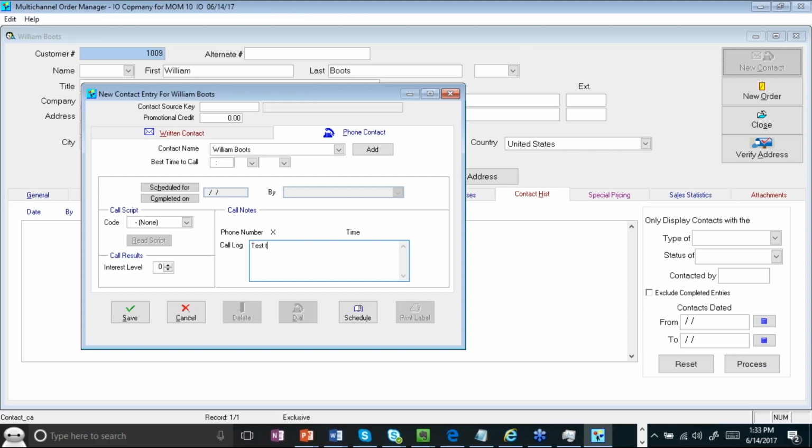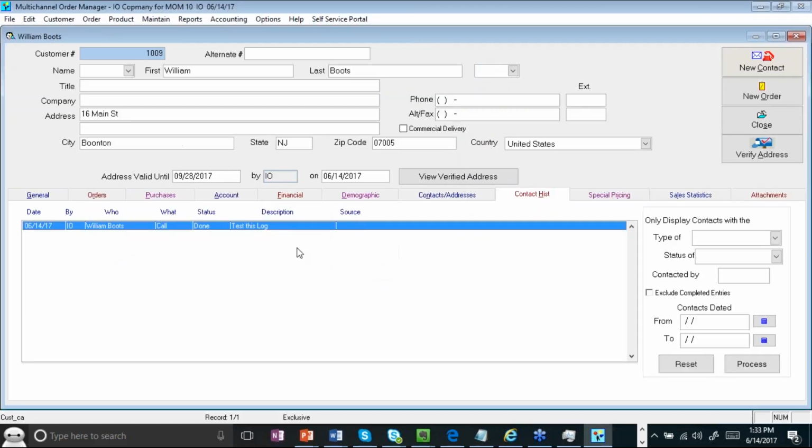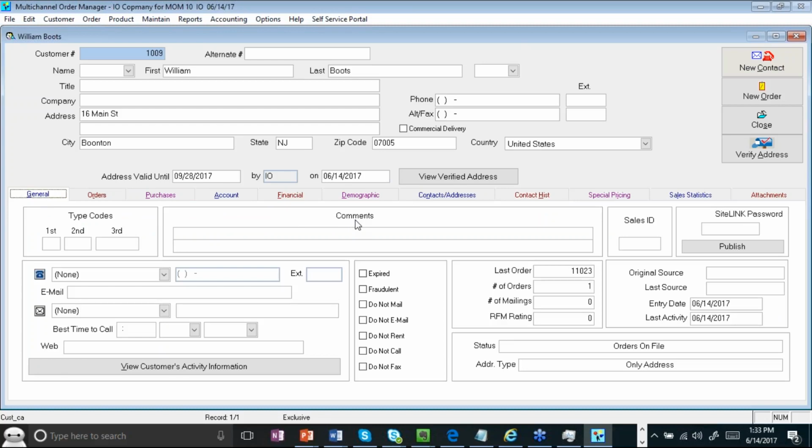That way when you actually save this and a different CSR picks up the call for William, it's easy to go and look at the contact history and pick up where they left off, making the experience for the client much better and more smooth and continuous, instead of having the CSR again capture all the information, ask what the issue was, and so on and so on. This allows us to continue where they exactly left off and give our end client a nice smooth experience with